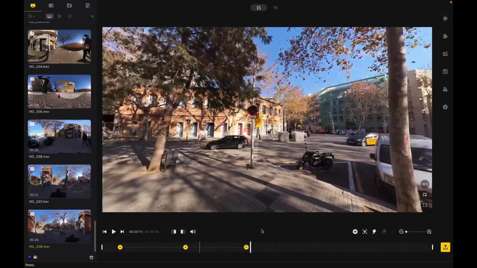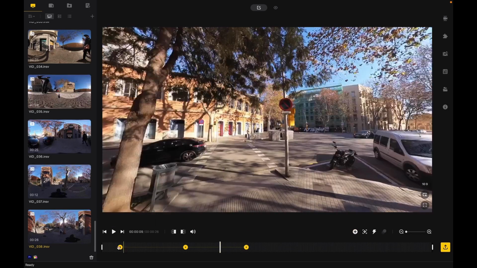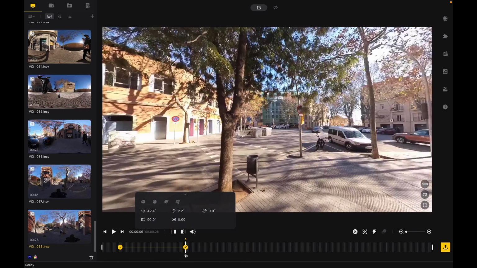So any change you make on this timeline, you need to add a keyframe. If you don't, then it's not going to save that new angle that you've moved the camera around to. So next to keyframe, we've got deep track. So if I delete all of these keyframes that we've put in,